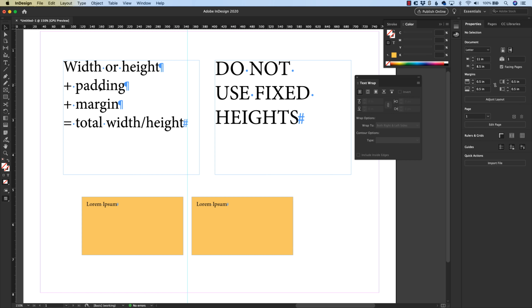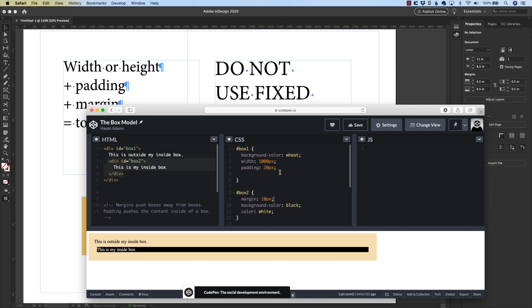Width and height plus padding plus margin equals total width. I hope this really helps you in your design journey. Yes, this is coding. This is the basics of how the web works. But the more you can get used to playing around with different sizes and margins and paddings, and lions and tigers and bears, oh my, the better you'll be as a designer on the web, because you can't just